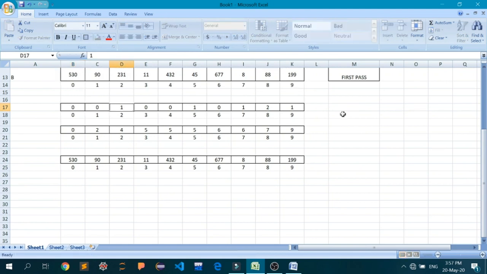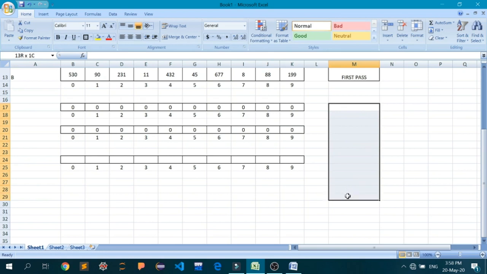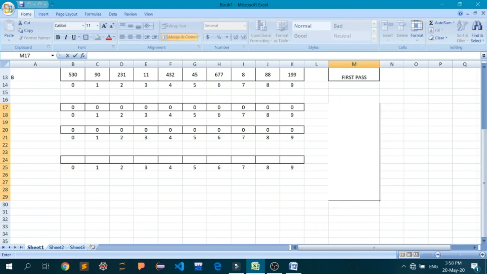So 0, 0, and in this also 0, and in this one also I'll just delete the stuff. Okay. Now this is going to be my second pass actually.